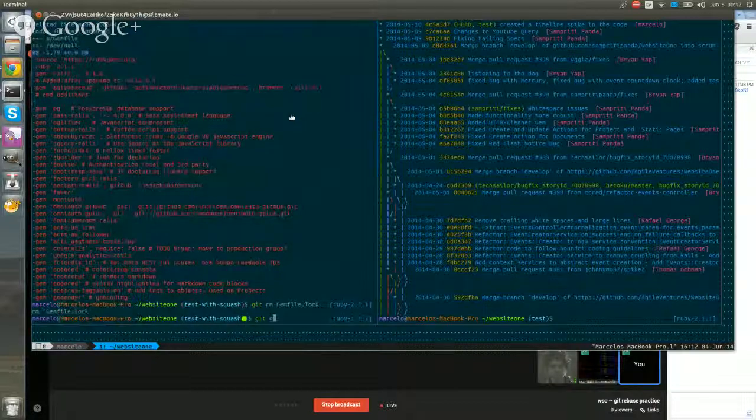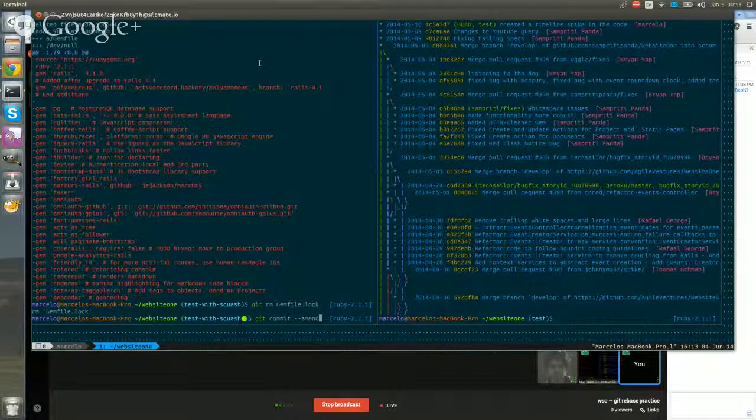Now instead of making a new commit like remove gem file.lock, I can just update my previous commit by using git commit amend. So this would apply my previous changes together with these changes under one commit. So it's kind of like committing and squashing at the same time with the previous commit. So this is what I usually do instead of doing a normal commit.